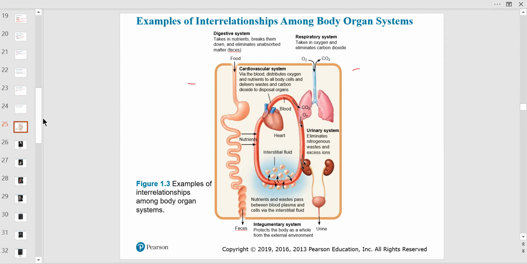Like I mentioned, the red blood cell, which carries oxygen to the tissue, puts it into the mitochondria, and then it makes ATP to work. So of course, the blood cells have to get oxygen from the respiratory system. And then we got to get rid of carbon dioxide through the respiratory system. And then we got to get rid of the fluid and waste from the blood via the urinary system.